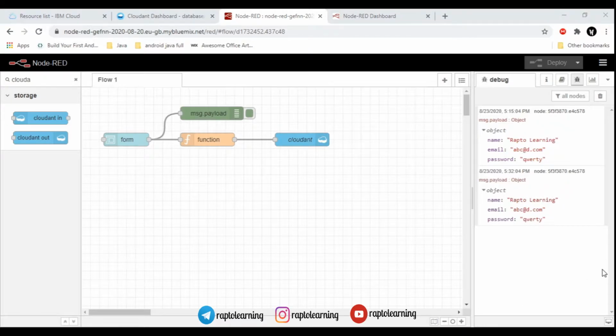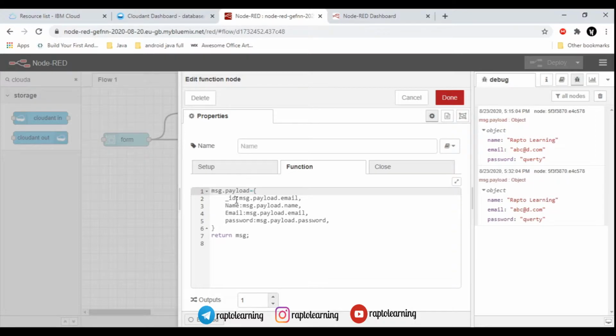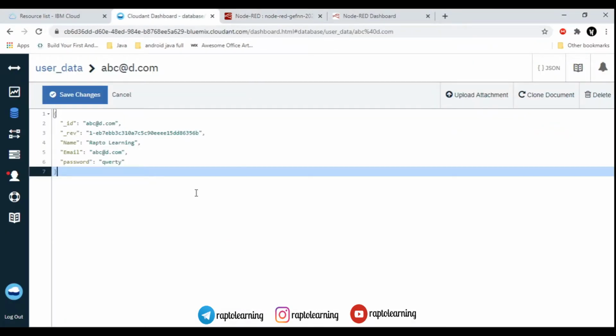So there are many options available here in the cloud end also. I will just show you how it is there, so that there is no chance of any mistakes. I am telling you this many times because it is the most important part. Please mention the name, email and password as I have mentioned, right?